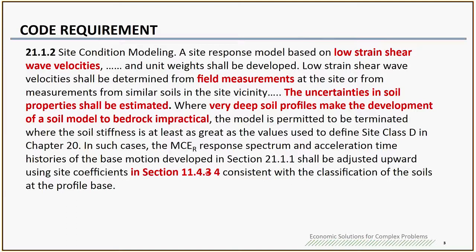First, your soil profile model should be based on the low strain shear wave velocity, and that can be determined from field measurement for the soil, or for similar soil in the site vicinity. At the same time, you need to consider the uncertainties in the soil property. So what does that mean? I'll talk about that later. And the last